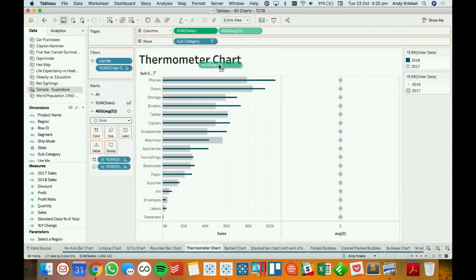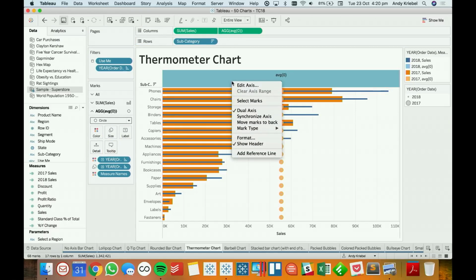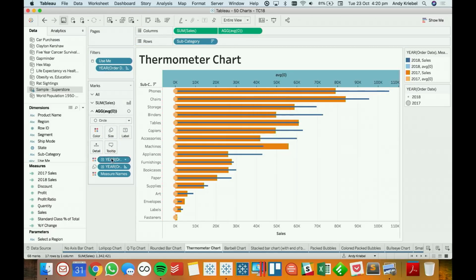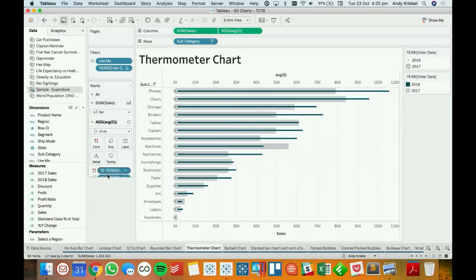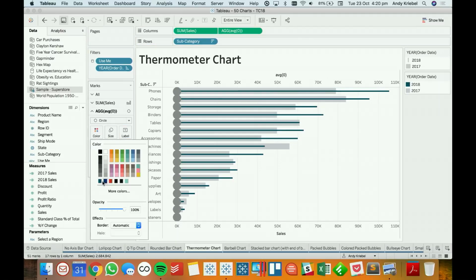And now if I dual axis them and I synchronize, I still put measure names on there, which is super annoying. So I'm going to remove it from there and remove it from there. And what happened here? Okay, let me get rid of both of these, make it a circle. And now if I make it bigger and color it the same color as my inside bar, it kind of